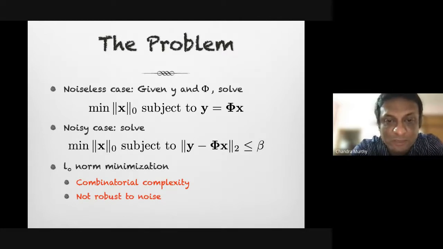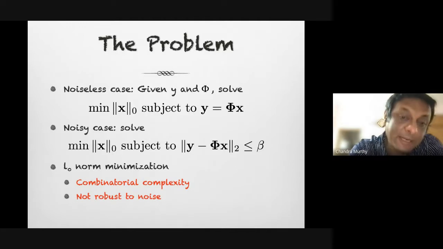If that's not possible for any pair of columns, you try triplets of columns. You take 3 columns at a time and see if you can explain y using those 3 columns. And you have to keep going like this till you find the first subset of columns, or the smallest subset of columns that you need to take, such that you can find a solution to y equal to phi times x. And that is why the problem is of combinatorial complexity. And it turns out that